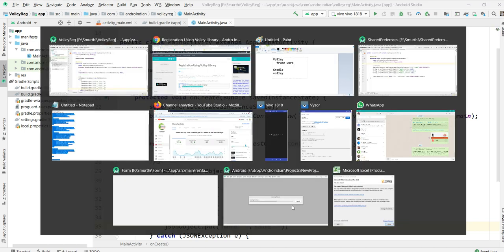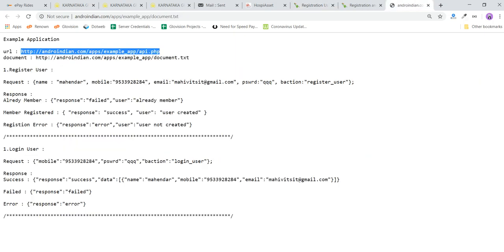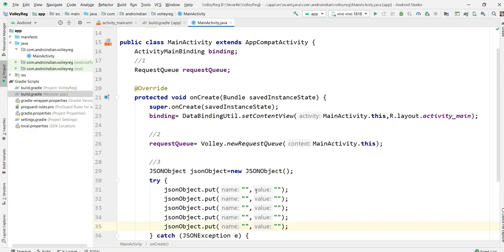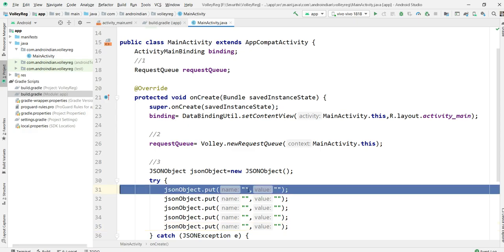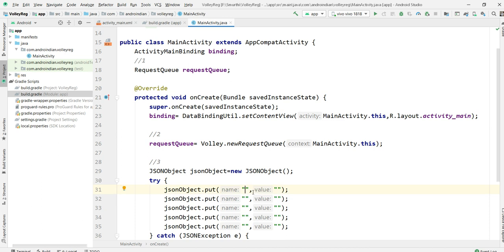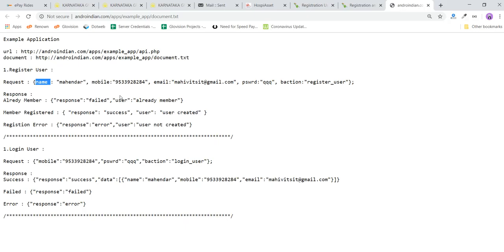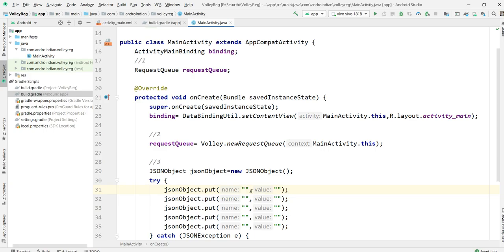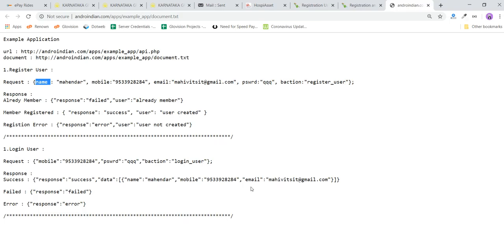Now for this you can copy the keys from this document. First it's the name; I'm copying the name and pasting it here. Copy, and here you can paste. First key is the name, second key is the mobile.